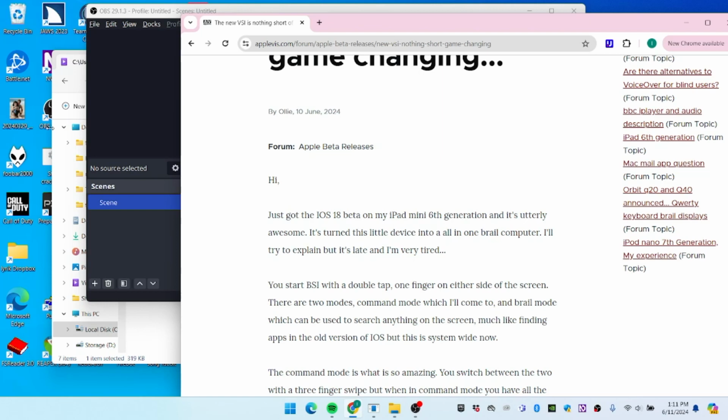Similarly, if I hit dots 1, 2, 3, just like I would on a note taker, that puts me all the way to the top left. And 456 is taking me all the way to the bottom right. So it's very reminiscent of a note taker or a Braille display and the commands that one would use with those. I can actually hit the letter K,